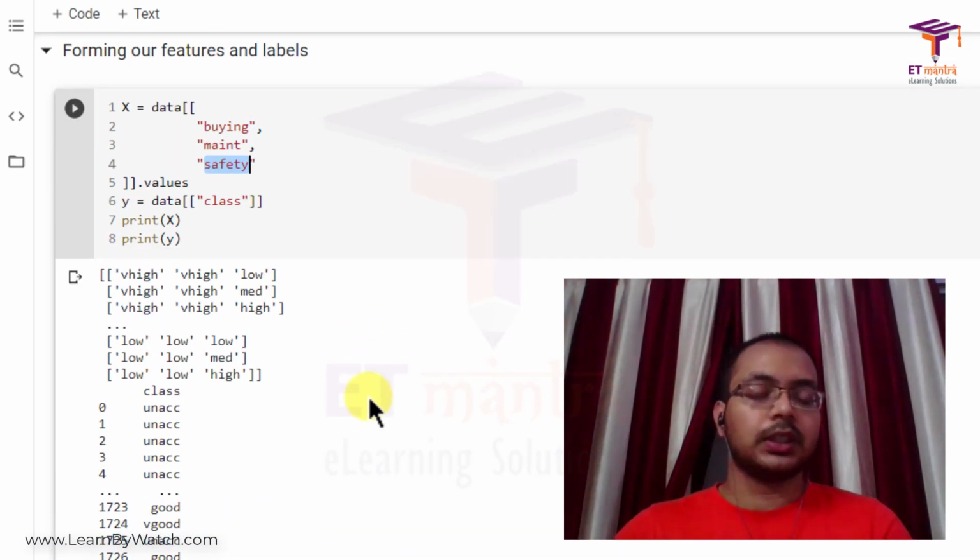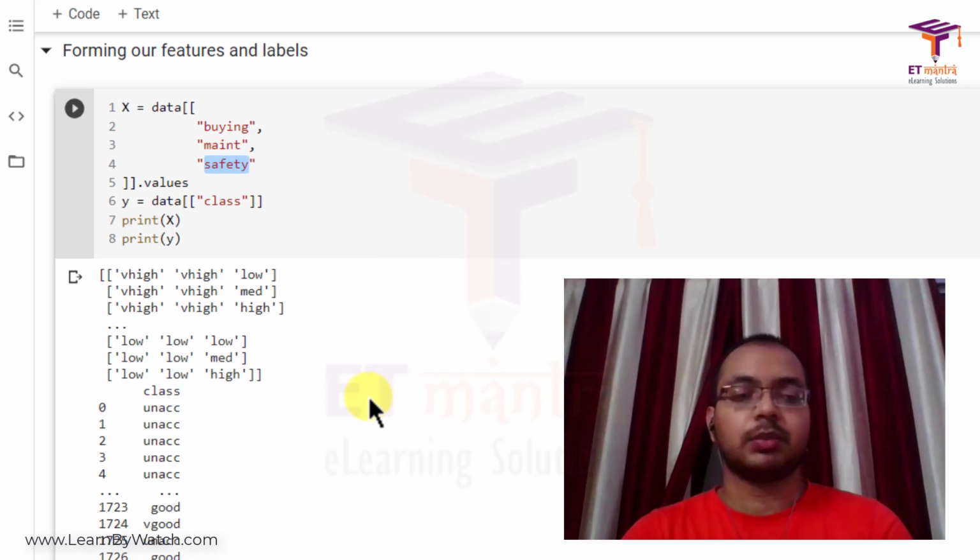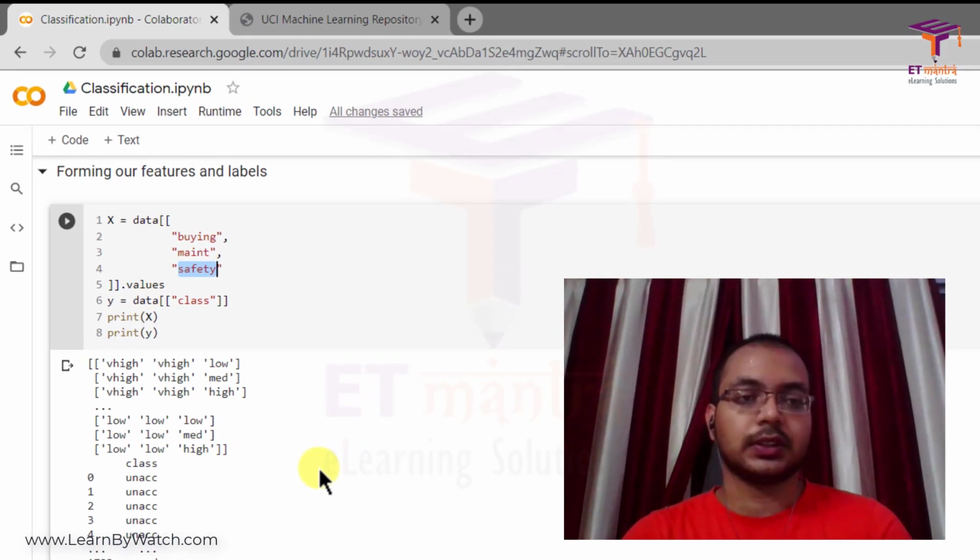Okay, so one thing you might have noticed is that while we were discussing the theory, we were only dealing with numerical values and calculating, like we had different equations, but here we can see that our dataset contains some strings. So how do we deal with this?